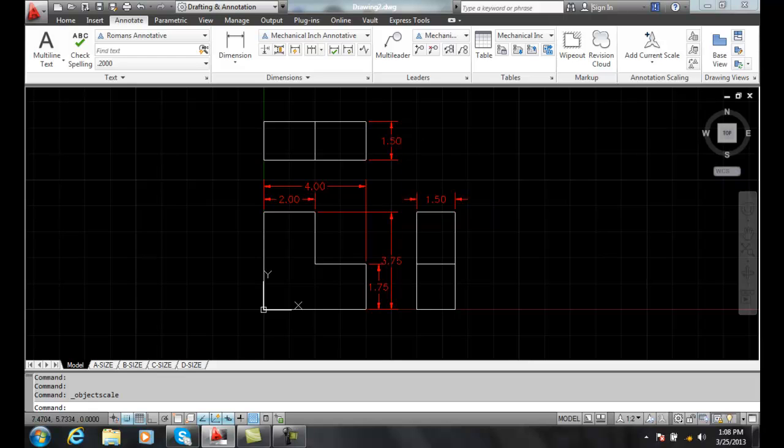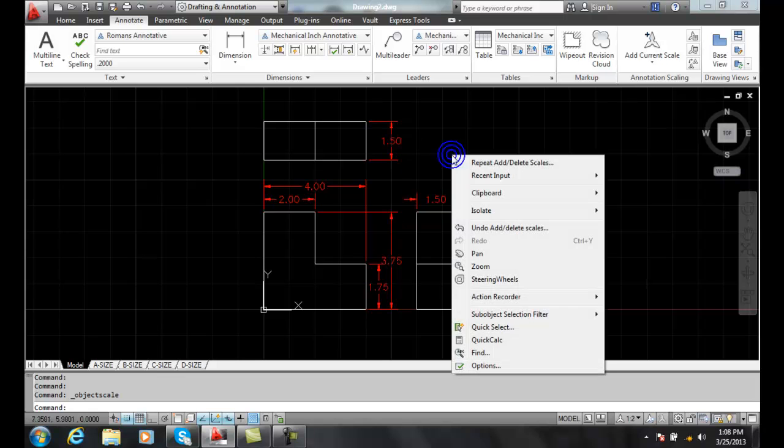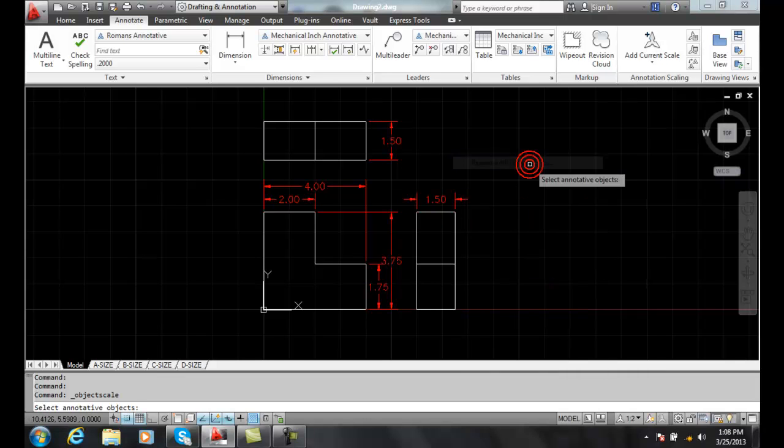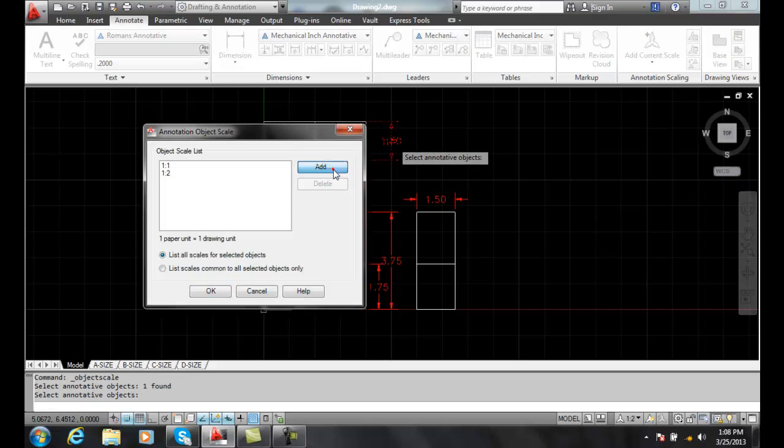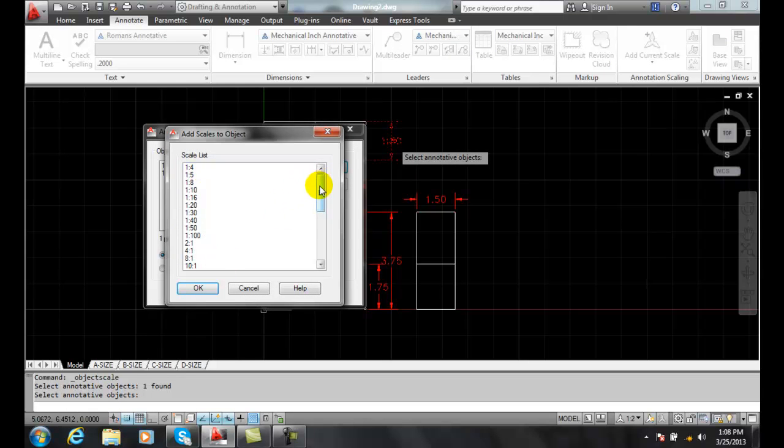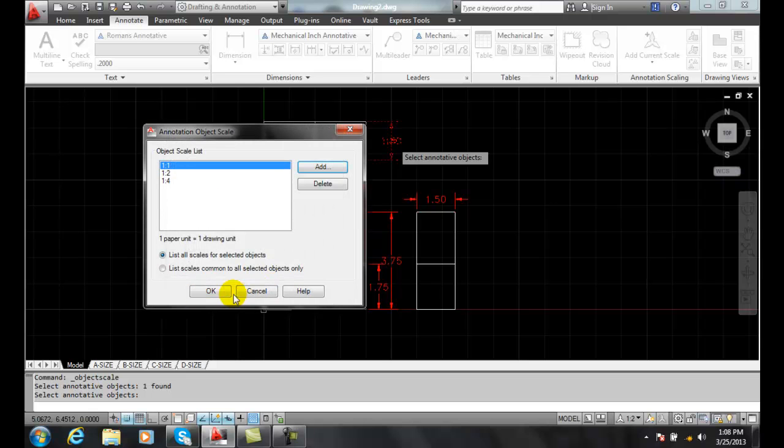I can likewise right click and say repeat add and delete scales, and it's going to ask me to select the object. I can pick the object, hit enter, I can come in here and add, and I can only add things that are on the list. If it's not on the list, I can't pick from it, so I'll go 1 to 4 and I'll hit